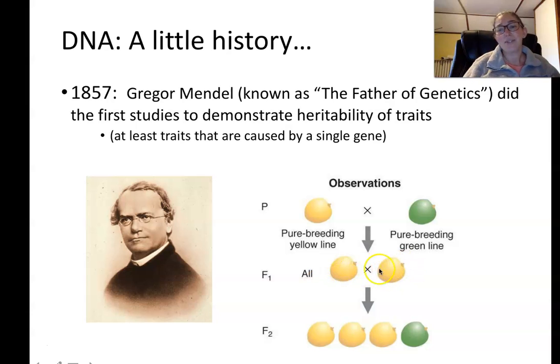And then if you took two of those yellow peas and you crossed them, you would get 75% of the offspring would be yellow and 25% would be green every time. So that said that there was something being passed down through these generations in a very predictable and consistent manner. And so he said that these traits,